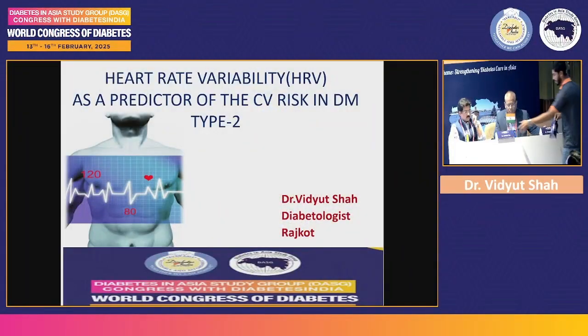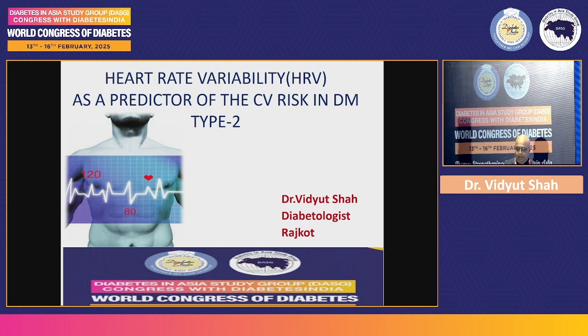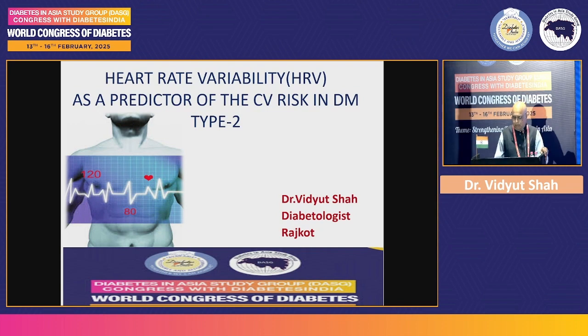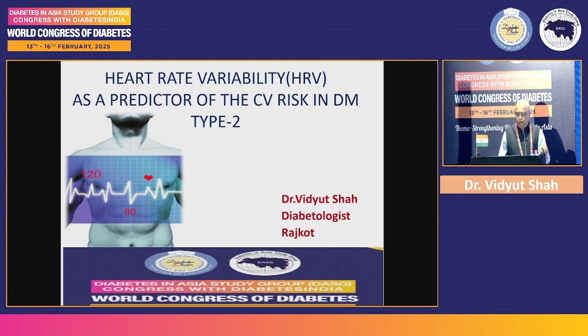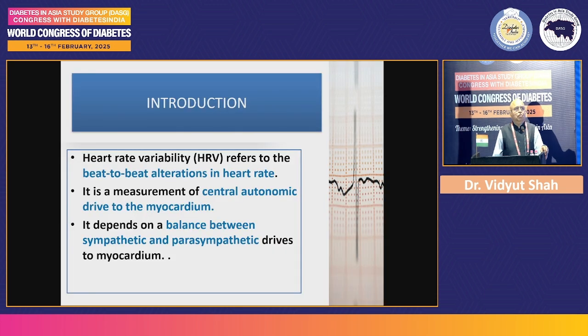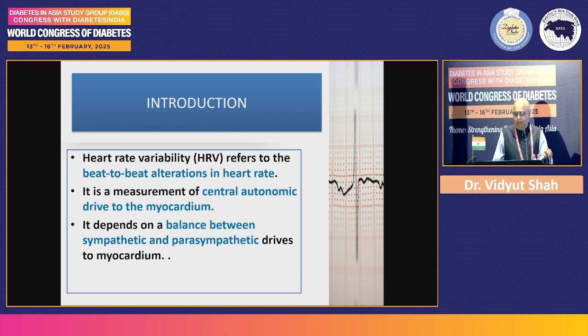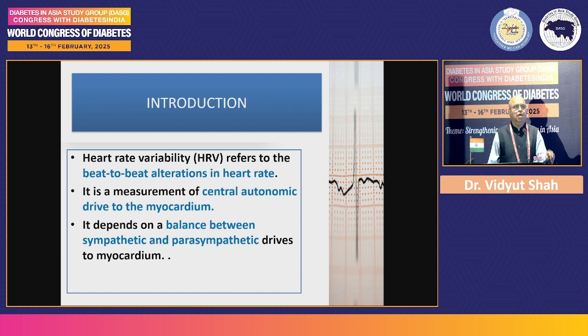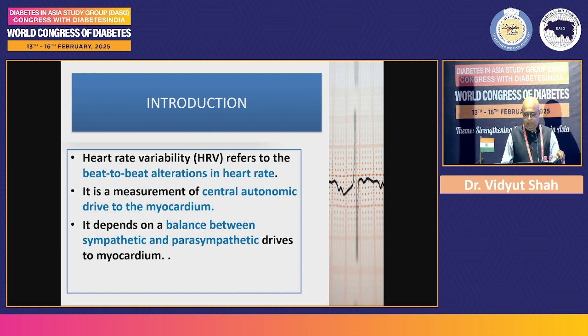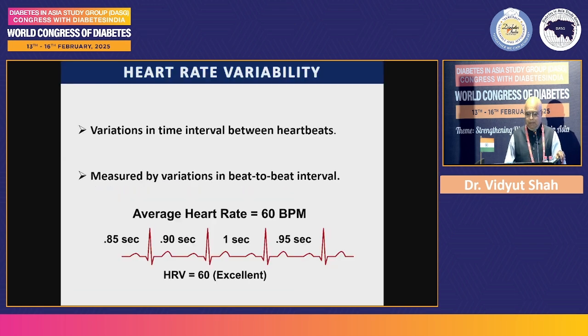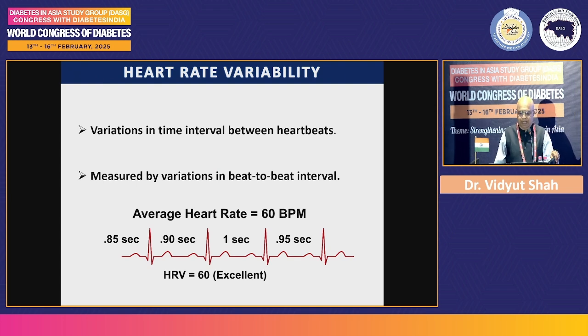I'm going to speak on heart rate variability as a predictor of the cardiovascular risk in diabetes type 2. Yes, we know that heart rate variability refers to the beat to beat alteration in the heart rate, and it's a measurement of central autonomic drive to the myocardium, and it depends on a balance between sympathetic and parasympathetic drives to myocardium. So it's basically variations in time interval between heartbeats,